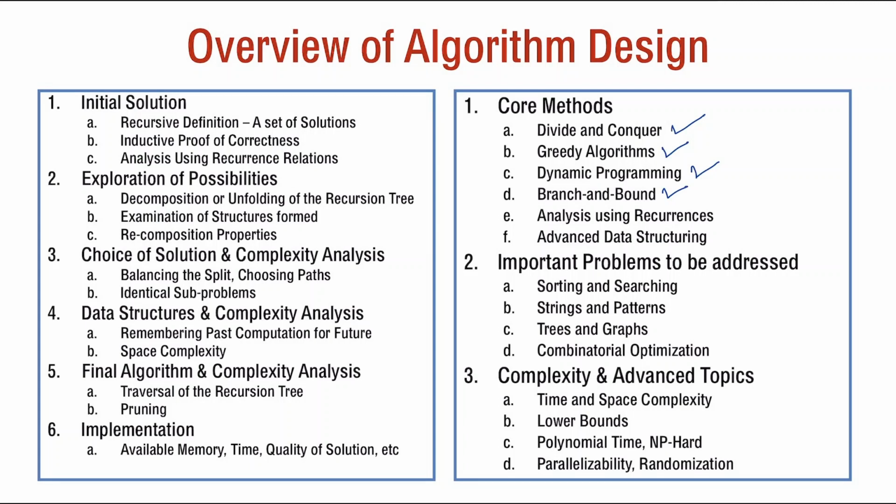Finally, the final algorithm is decided by the traversal of the recursion tree, which may be a top-down traversal, a depth first, breadth first, or other traversals, or an iterative version which could be done either top-down or bottom-up. We have not discussed how to implement it using limited memory or time, but we are analyzing the final algorithm for the same. And in our method, the overview, we discussed all the core methods that are there, and we will be now going through them one by one.